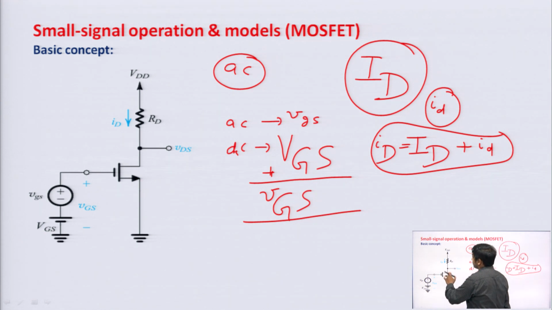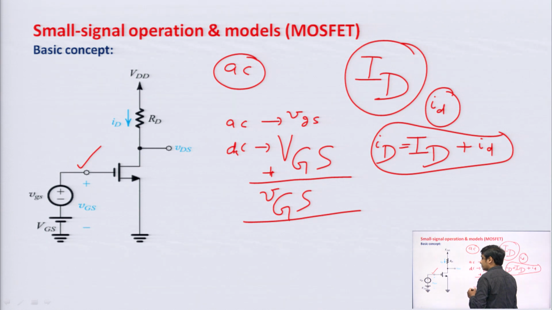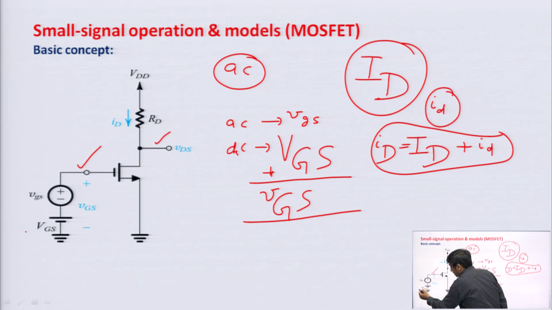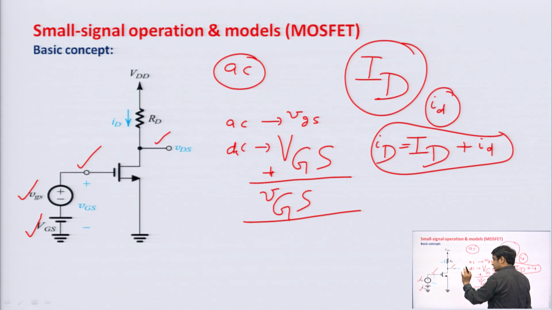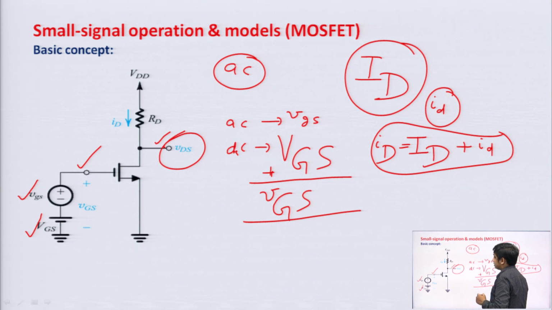So, this is simply your common source amplifier. We have applied the input signal at the gate of the MOSFET and we are taking the output from the drain of the MOSFET. This capital V, capital G, capital S is your DC bias voltage, small v, small g, small s is the small AC signal that is to be amplified, fine, and after amplification we get this output, that is small v, capital D, capital S, fine. And this is your drain resistance RD, the current flowing through this RD is your drain current ID, fine.